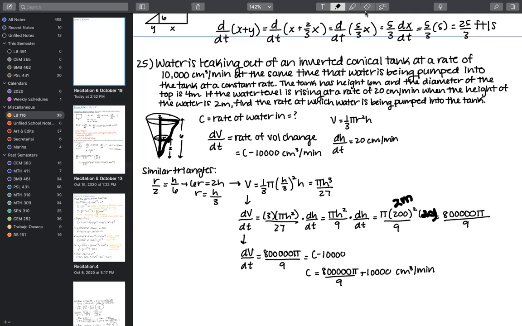I have one. Okay. So could you, over by the similar triangles where there's r over 2 and h over 6, could you quickly explain, if h is for height, why is that over 6? So the radius, that's a good question, and now I'm confusing myself. I've still got the book in front of me.